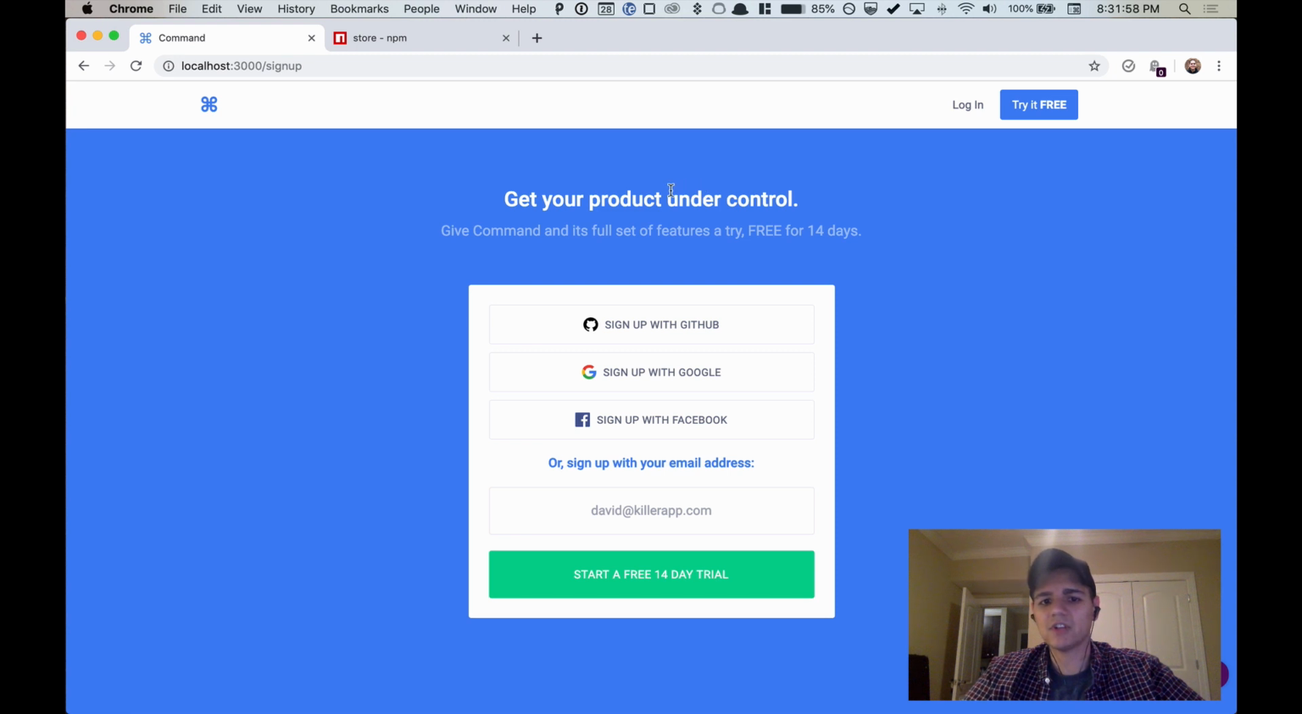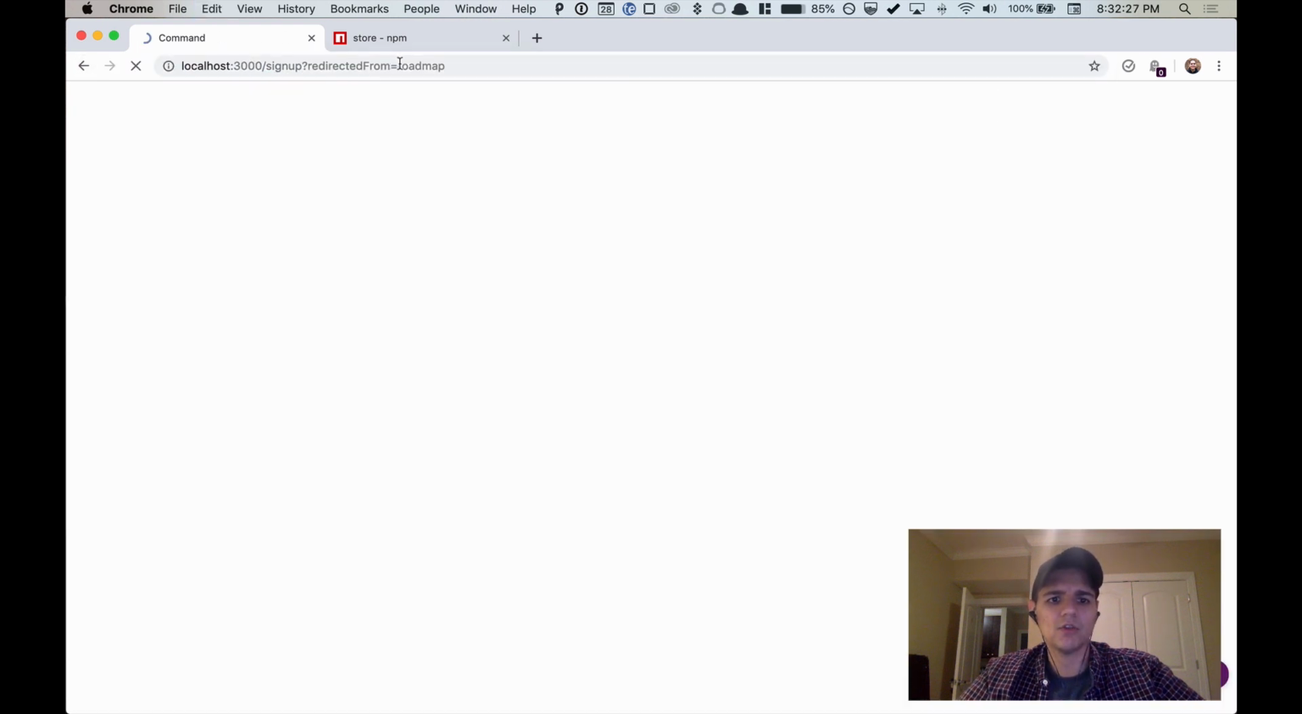So by default, when somebody logs in, I'm saying, get your product under control and you can give Command and its full set of features a try free for 14 days. So that's the standard sign-up page that I want people to see regardless of where they came from. So if they just came to the site and said try it free, this is what they're going to see. And you'll also notice the button here says start a free 14-day trial. But if we go back, and actually let me just paste in